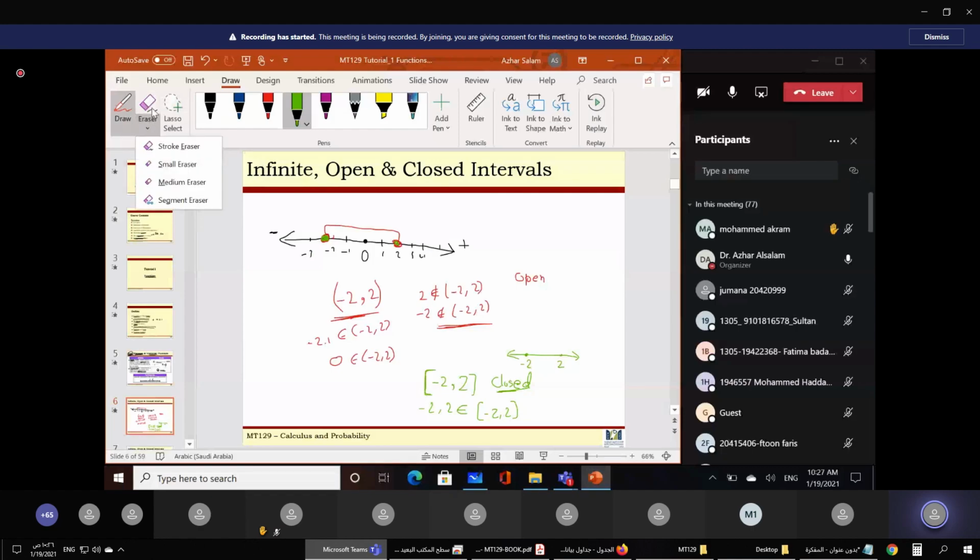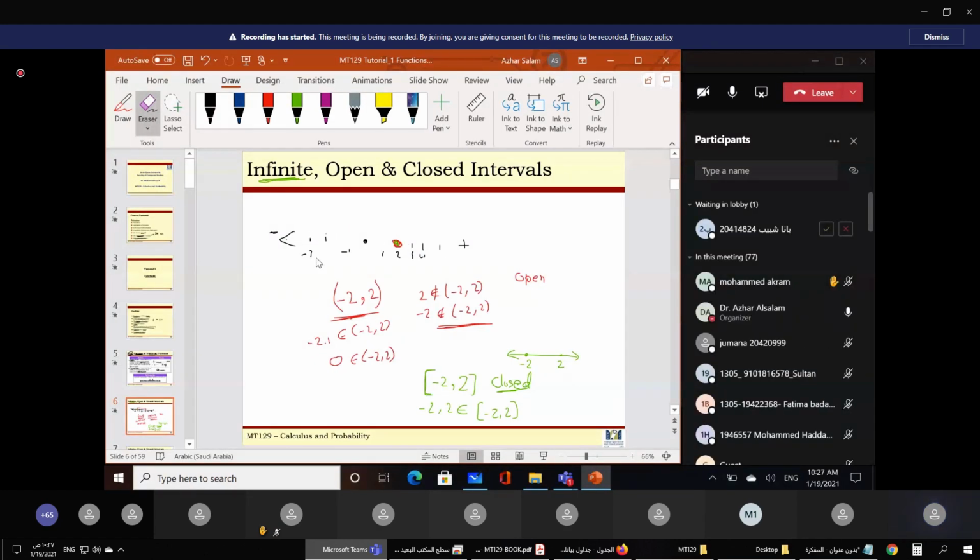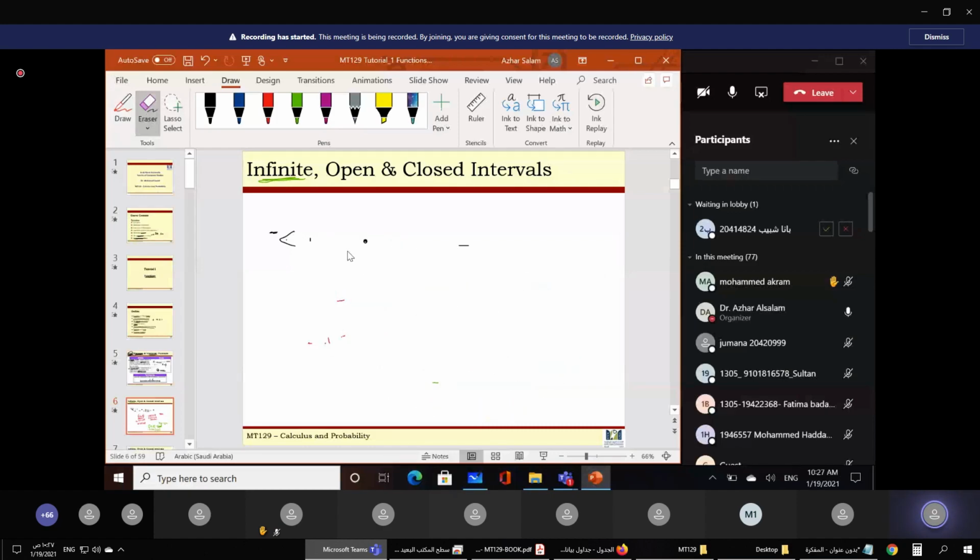Okay, we still have to define the infinite interval. As we said, open interval and closed interval are the same, but they differ with the endpoints. The closed interval has the endpoints and the open interval doesn't have the endpoints, okay? For example here, if I have the number line like that, and if I have an endpoint, let's say,